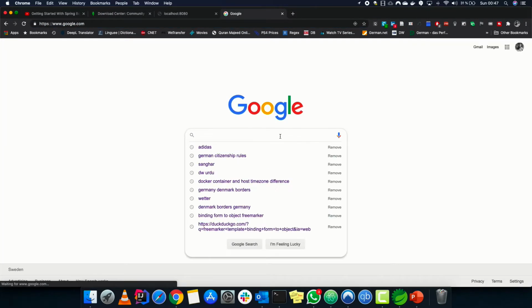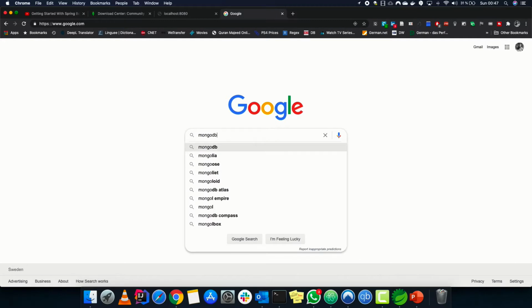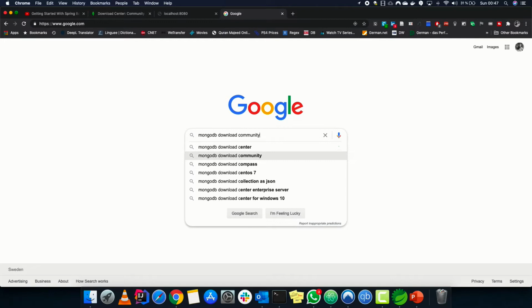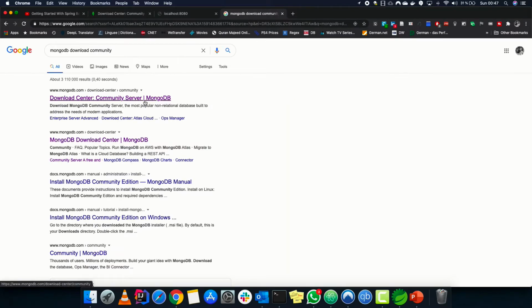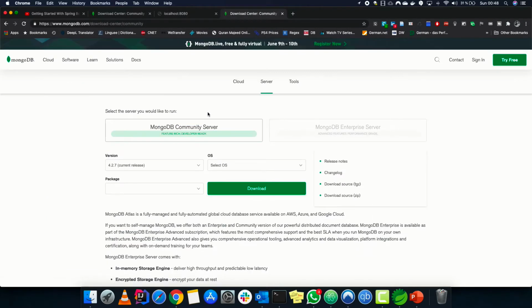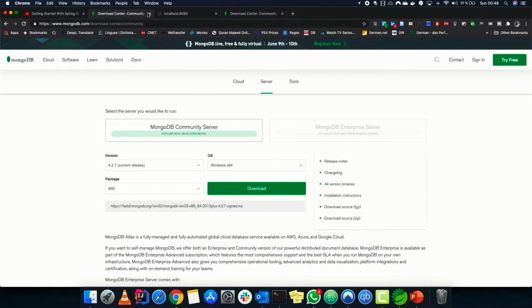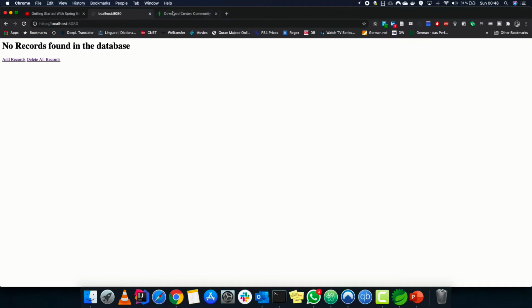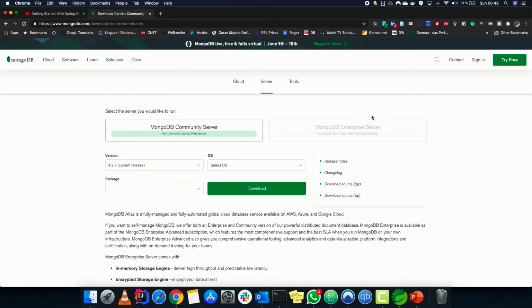Since it is an introductory course, we are going to make things easier. To make things easier, we are going to go with the databases that are easier to implement and use. So we are going to use MongoDB. And for that, you just have to go and download MongoDB. I'll provide the link for it. So you just go to the MongoDB website and just download it.